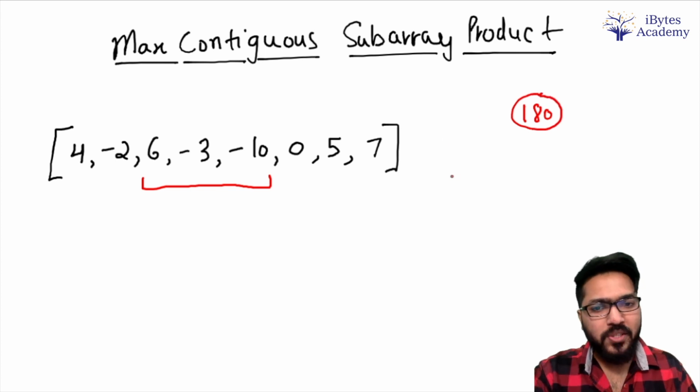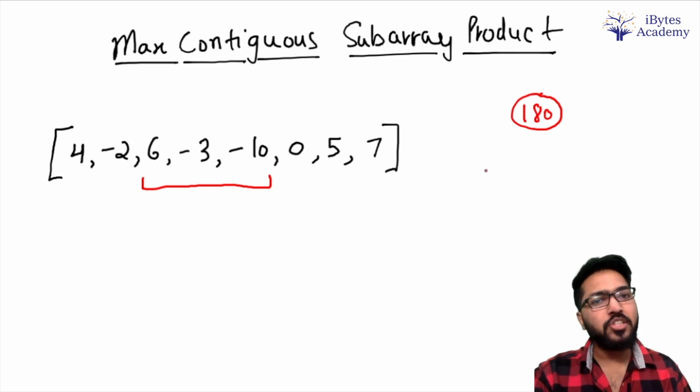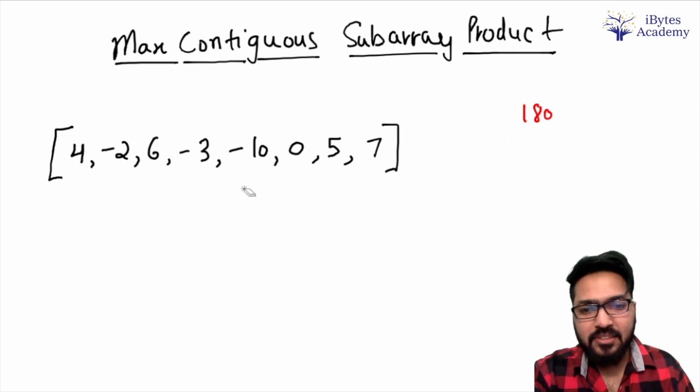Also in the question it was given that there exists at least one positive integer in our array. That means the product is always going to be positive, not even zero. It is always going to be positive. So I would recommend you to pause this video over here, try it out yourself and only then look at my solution. Okay, so now let's discuss.